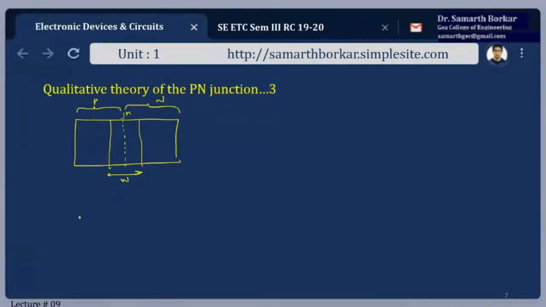Now, if I plot, then here there will not be any electric field. Why is there no electric field here? Because this is electrically neutral. Only in this region do we have an electric field, marked as plus and minus, which goes in this direction. So this electric field exists only in this region. Since there is no electric field in region 1, let us mark this as region 1 and this is region 2.